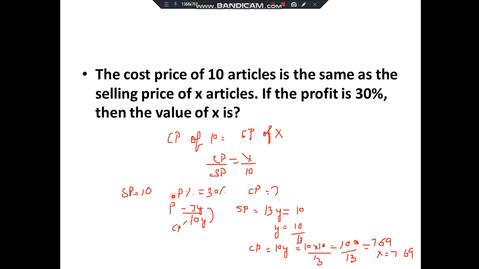So first find profit. How will we find profit? Using profit percentage when we have to find CP. Okay. So profit percentage, convert it into fraction. 30 by 100, which is 3 by 10. Okay. Which means, what does this 3 by 10 mean? 10 is nothing but the cost price. 3 is the profit. That is, for 10 out of 10 parts, 3 part is the profit.